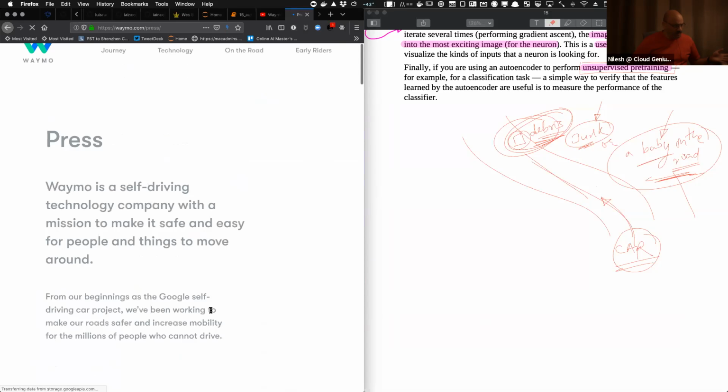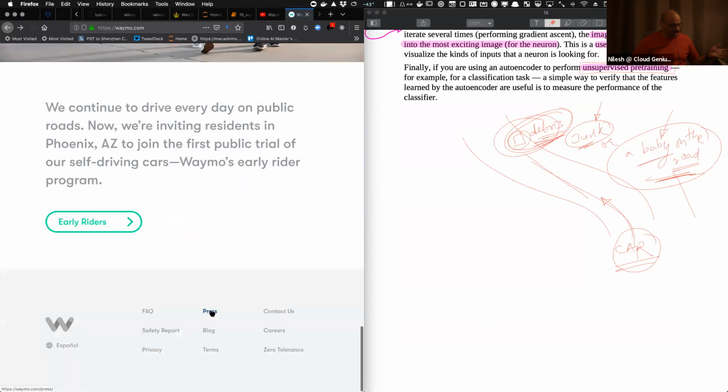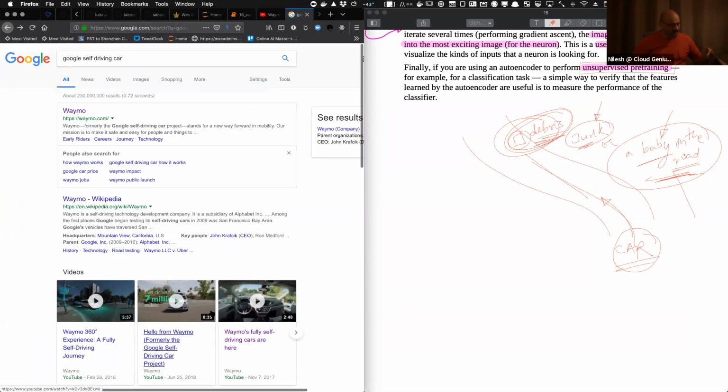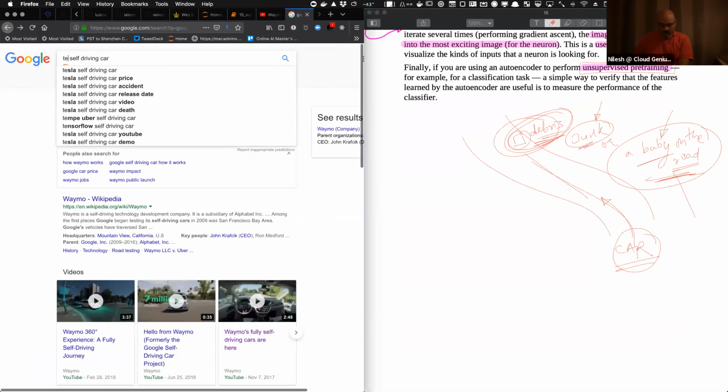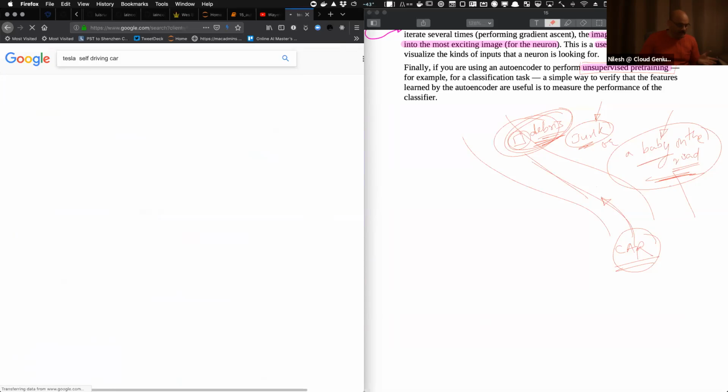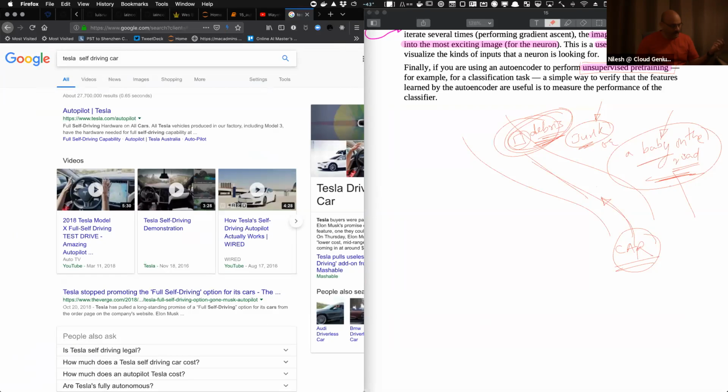Okay, so the Waymo is apparently a new spin-off or something like that, some business transaction behind the Google self-driving car project. That was Google's car. Let's see some Tesla self-driving car ideas. You will see that these cars will go around. They are close to,